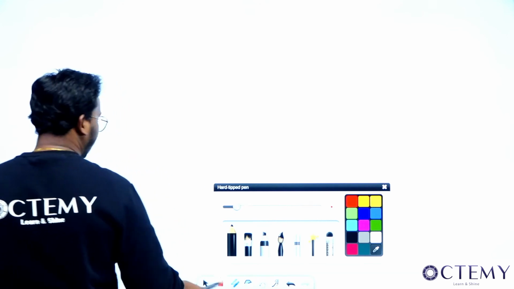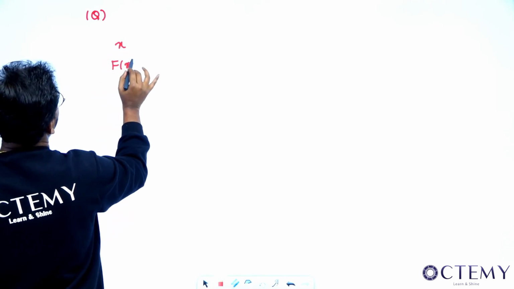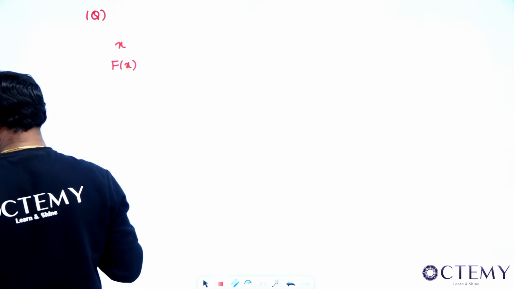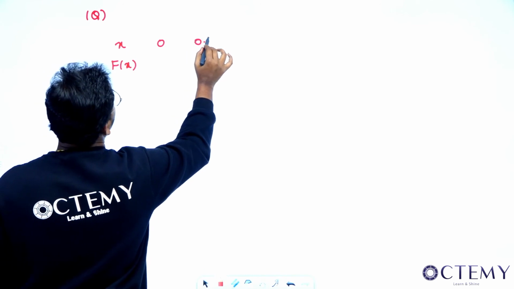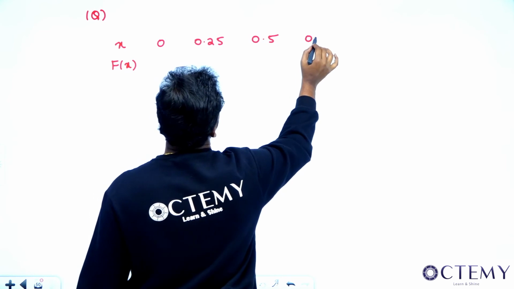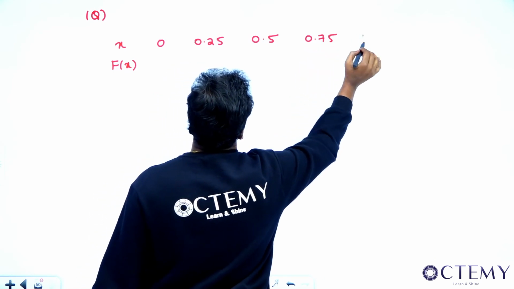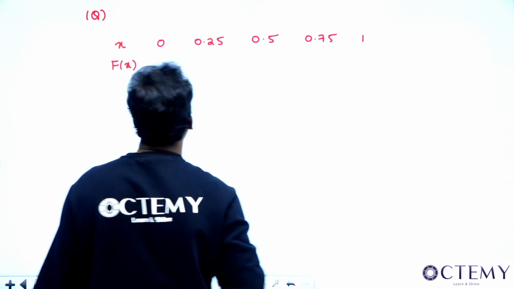He is giving us the table, sir. He is telling that the table below gives the value of the function. So he is giving x and f of x like this. The x values are 0, 0.25, 0.5, 0.75 and 1. See sir, how many intervals are there? 1, 2, 3, 4. Always an even number of intervals will be there.